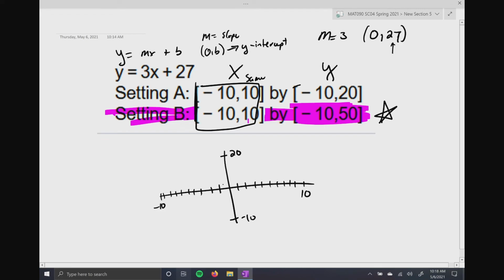So it's just another way of me asking, what's the y-intercept? Where would you see it? Does that make sense, everyone? Yes or no? Oh, sorry. Yes or no? Are we good? Okay. Well,